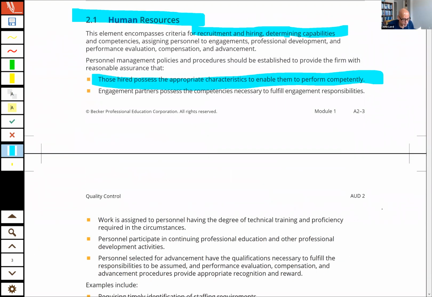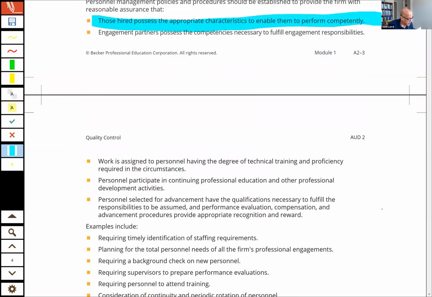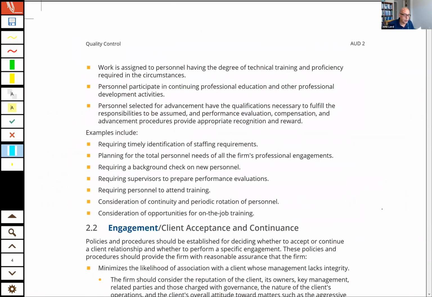Okay, now the approach that I take with this section, guys, is I ask you to flashcard the activities that will help accomplish the objectives under the different parts of the quality control standards. And that tends to be the way they write the questions. They say, which of the following would help ensure that the firm follows quality control standards? And it's either going to be one of the HELP ME's at a high level, or they'll get into these